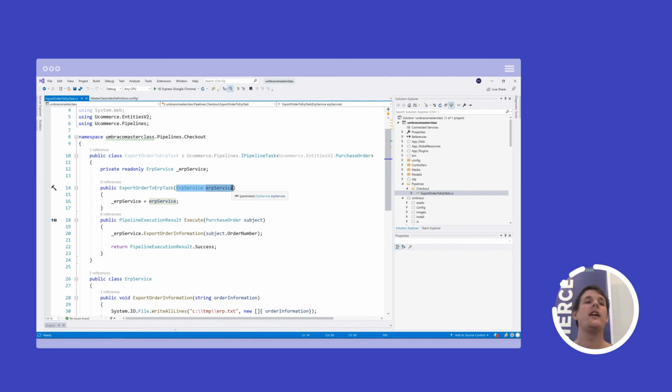So essentially what we're doing here in this pipeline task is that we are asking the IoC container for an ERP service. So when I new this up, I also want an ERP service. So what Castle Windsor, or the IoC container that we use, will do, it will find a component that has ERP service as its type, right?